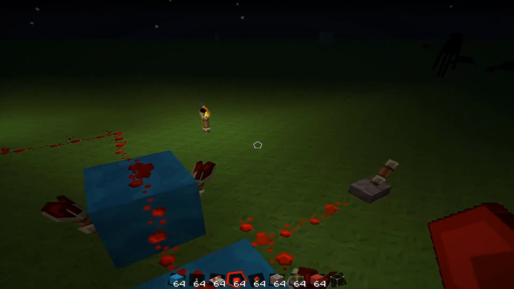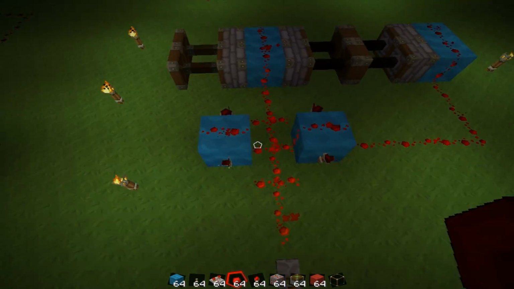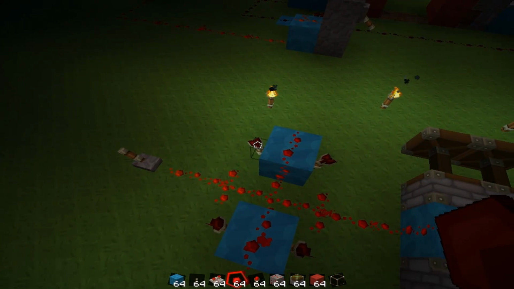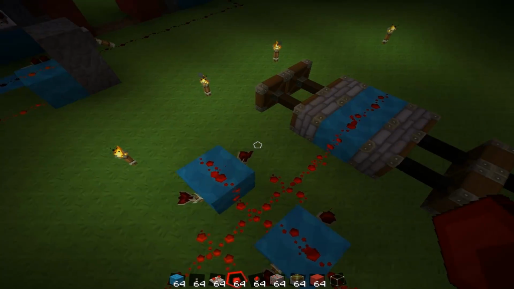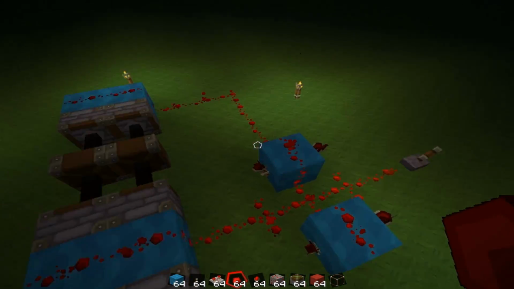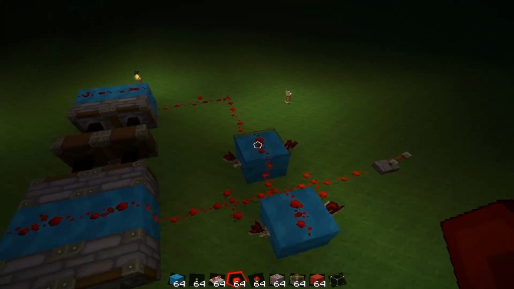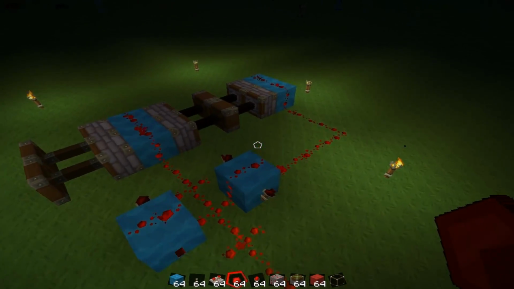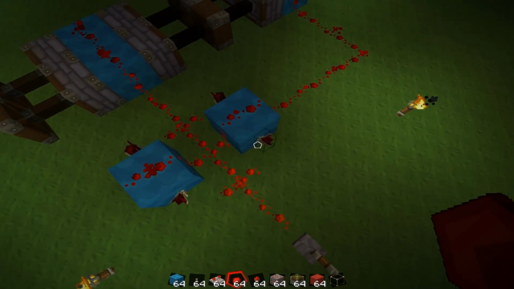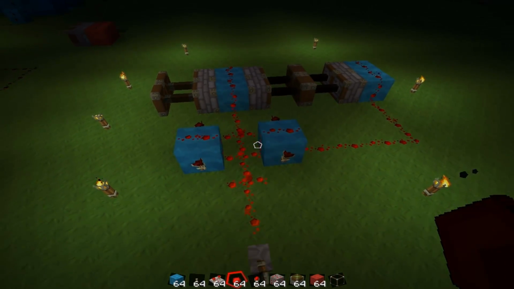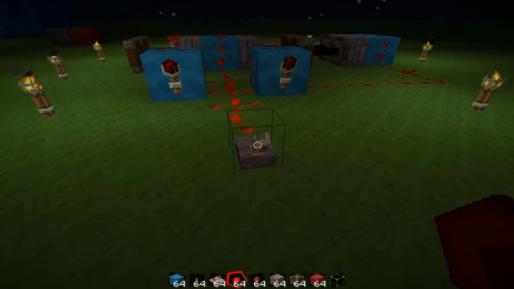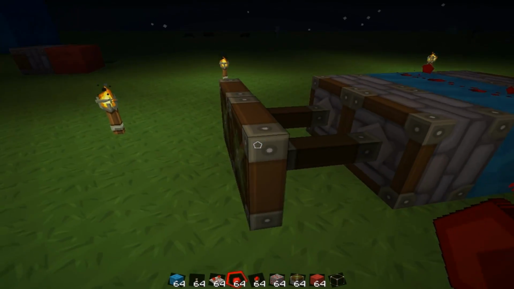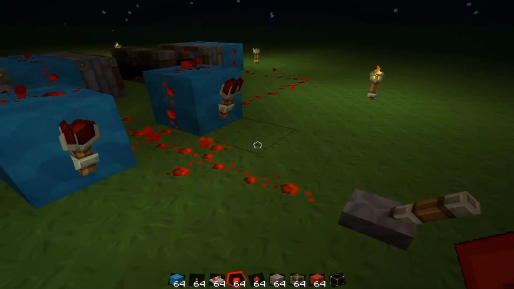Here's something neat. This is what is called a... I actually forget the name of it, but it makes the current travel around and blink on and off, and on and off really, really fast. Which I think in multiplayer servers burns out the redstone torches for like 5 or 10 minutes. But watch. So there's a current on right now, right? And each piston is pushed out. But when I hit the button,